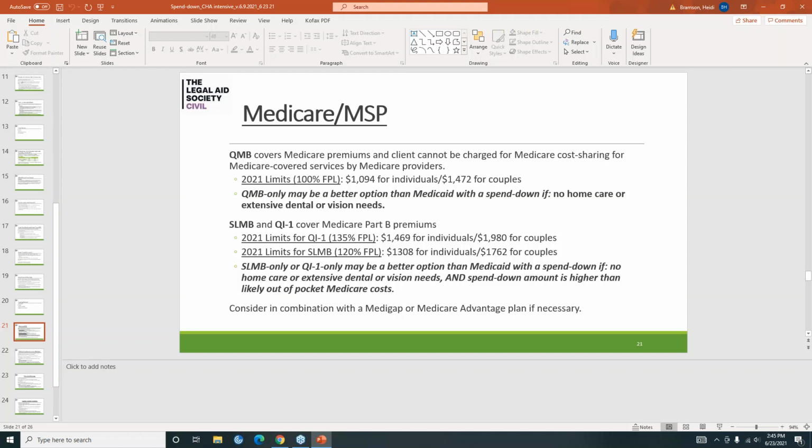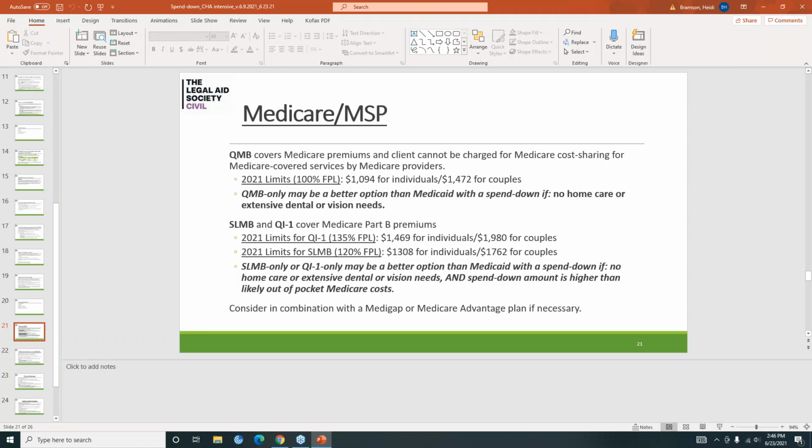So again, it's this balancing of how much am I paying for a spend down every month versus how much are these bills actually going to be when I get a Medicare cost sharing bill. And if the Medicaid spend down is, to the audience member who asked the question, if your Medicaid spend down is $600 a month, but your Medicare cost sharing is only maybe $100 a month, it doesn't necessarily make sense to pay that spend down amount. Again, if you don't need home care or dental or vision. So there's always this calculus that has to happen.